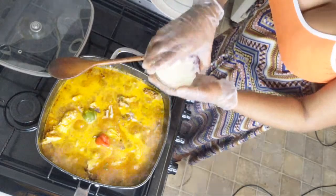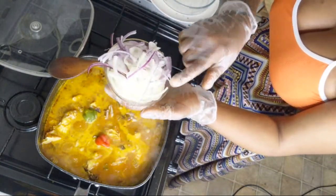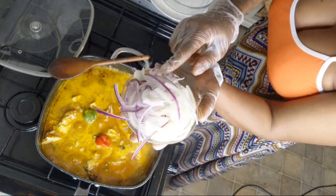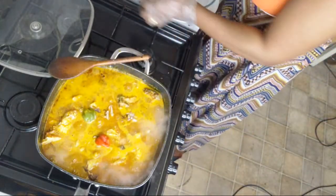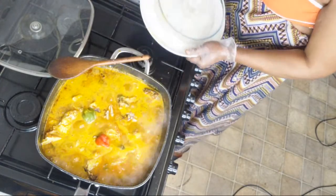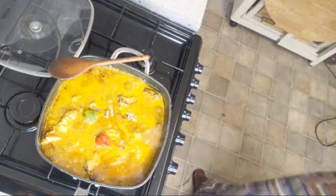I have the onion here. I have purple, I have white, half white onion, half purple one. I'm not going to put that in yet, because I need that fragrance from the onions to go on top of the leaves. So